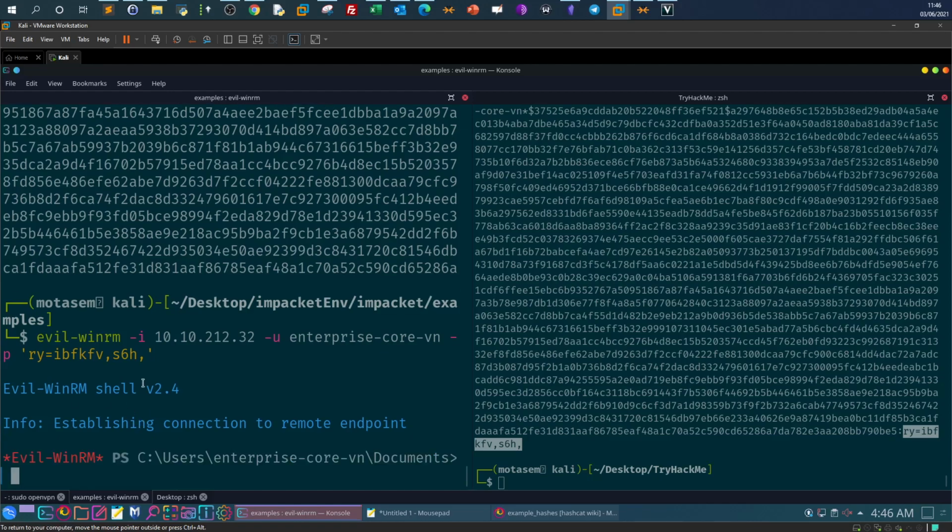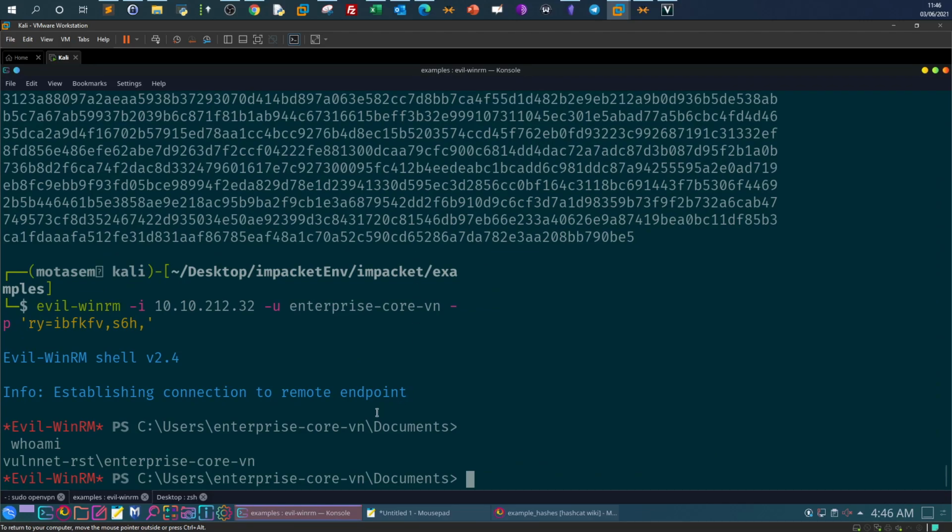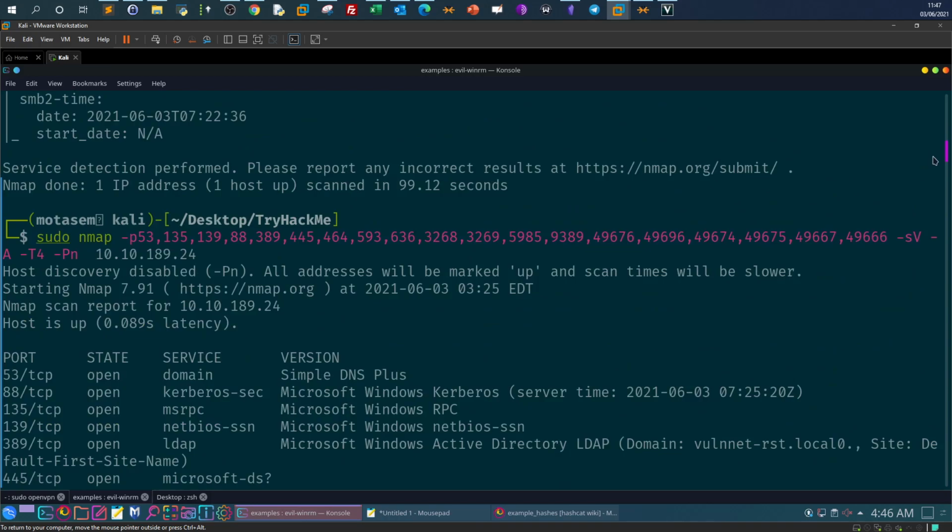And we have got the first foothold. So who am I? We are Enterprise Core VN at vulnerability reset. That's your first foothold. And as you can see, we got the first foothold by a combination of Kerberoasting and AS-REP roasting. So technically now, since we have got the first foothold, we need to get back to the SMB results,